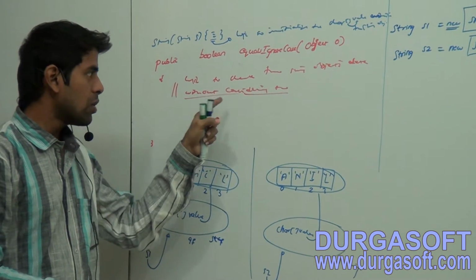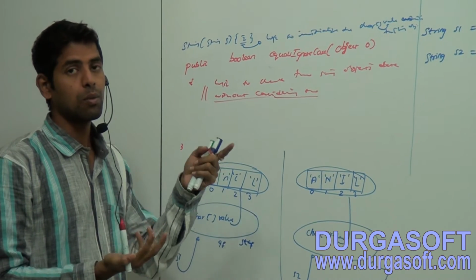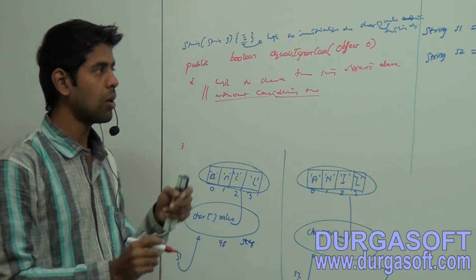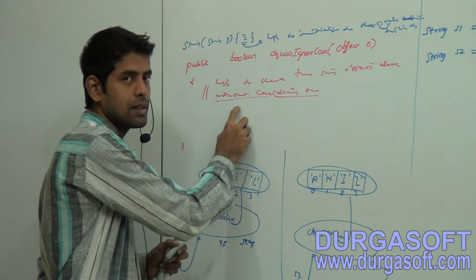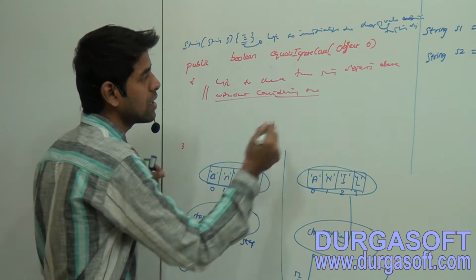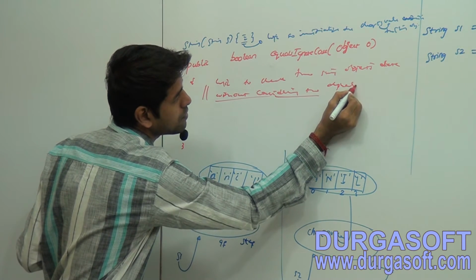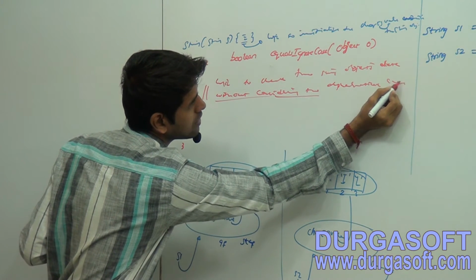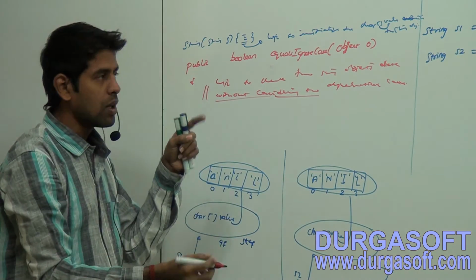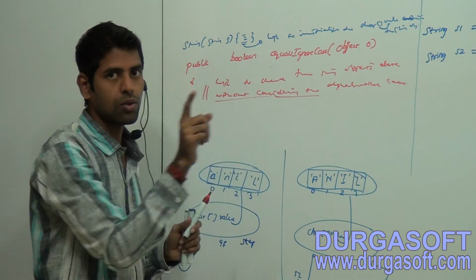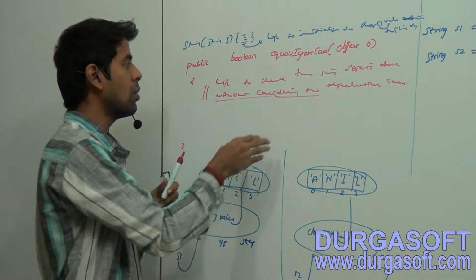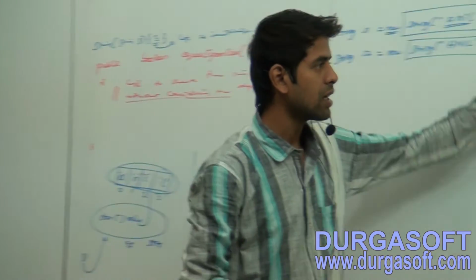You are telling this orally, but how are you going to tell this, without considering alphabetical cases? I am telling this logic to you, but how are you going to write some set of instructions